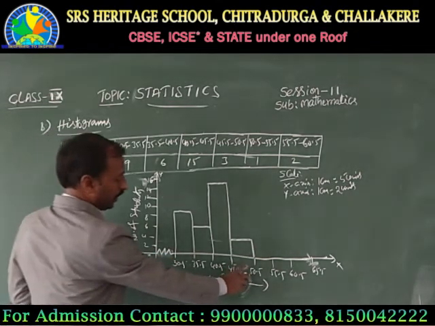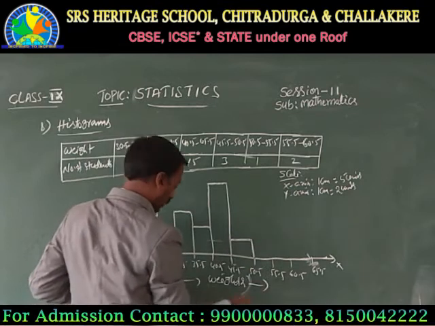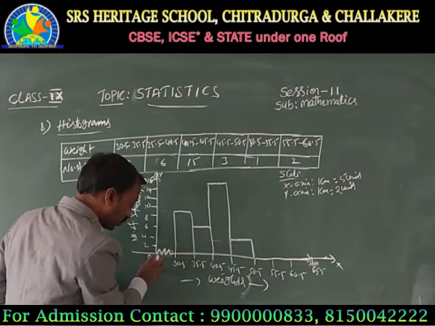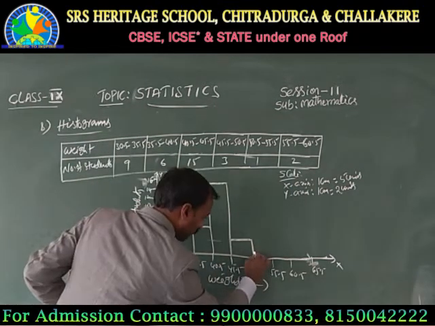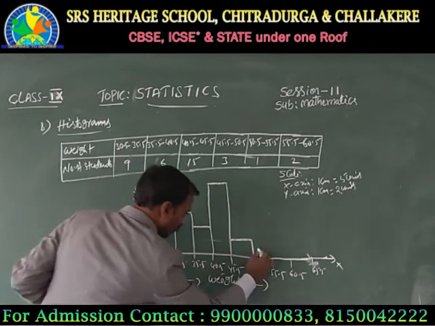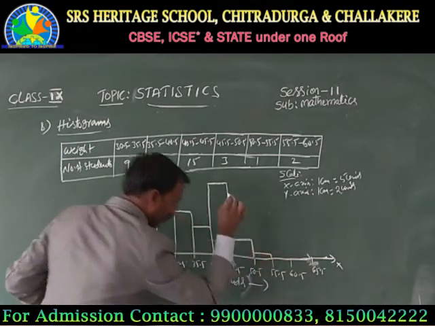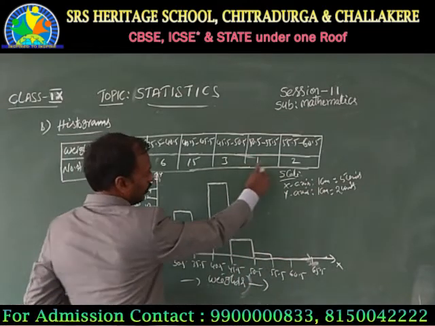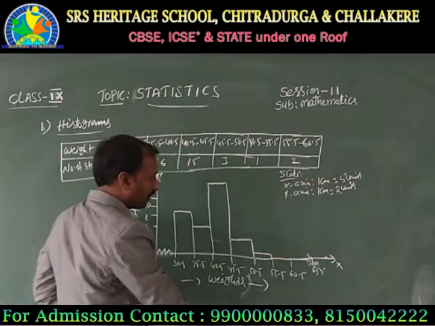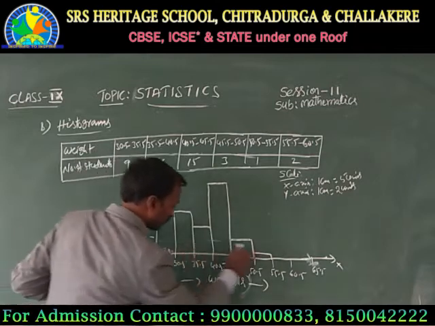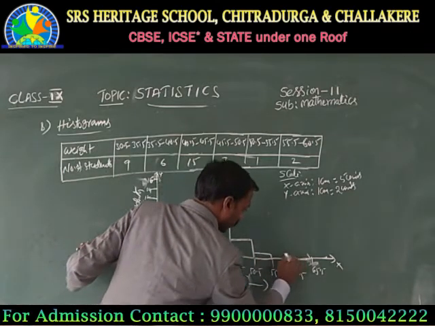Next, 50.5 to 55.5 is 1. 1 is nothing but half of this, between 0 and 2, here approximately. Then among this half. Next, up to 65.5 is 2. 2 is not exactly the same there; it is more than this.